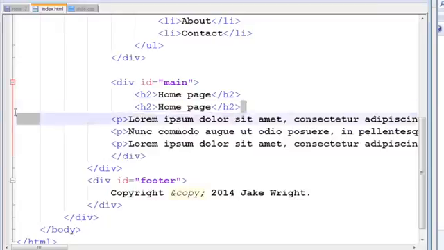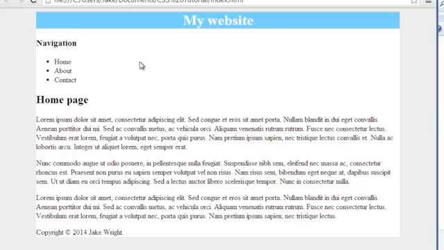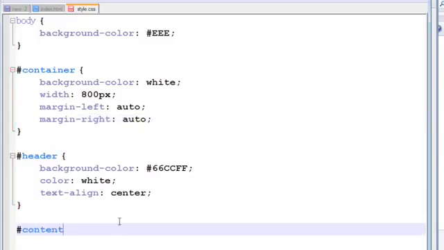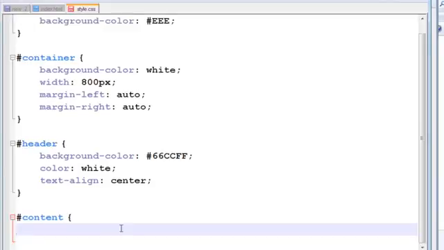I've just noticed I've got homepage in there twice. Sorry about that. Our next problem is putting the navigation and the homepage side by side. Let's start by defining the widths. We wanted the content div to have 10 pixels of padding. Now we could do padding-left 10 pixels, padding-right 10 pixels, but it's quicker just to use the shorthand